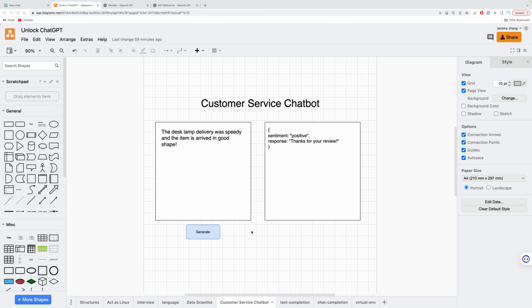Before that, I would like to give a brief reminder of our project structure. So in the end, we're going to build a customer service chatbot. In the front end, we will have two text boxes, where on the left is the one where the user can input their customer review. Once the generate button has been clicked,